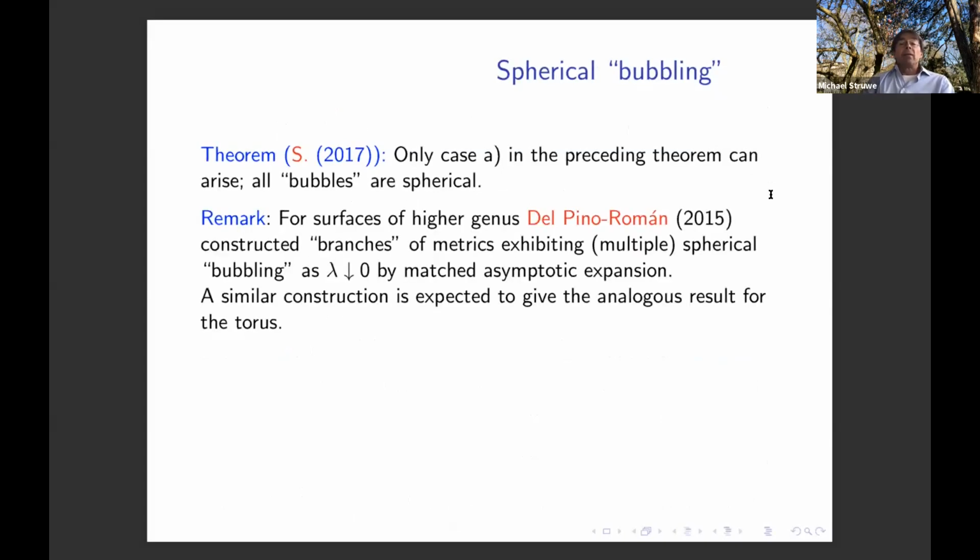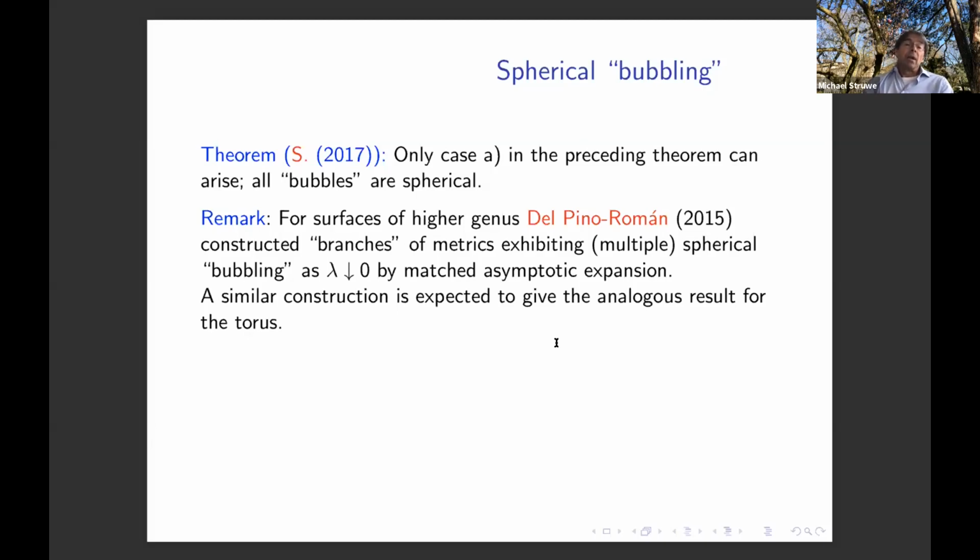And this is, in fact, in agreement with a result by Del Pino and Román, who obtained in 2015 branches of bubbling metrics that exhibit spherical bubbling at any collection of maximum points. So there are possibly multiple solutions that blow up as lambda tends to 0, but they all exhibit only spherical bubbling